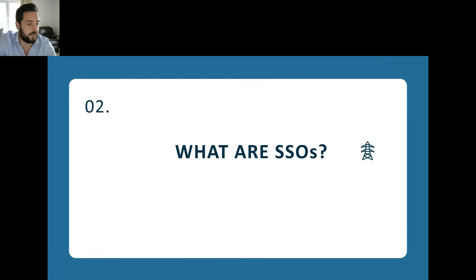So what are subsynchronous oscillations? I think that before I explain what this phenomenon actually is, it's important to step back and think about the environment in which they occur, which is essentially a power system. Power systems are incredibly complex. They aren't just made of individual components, but of many interconnected elements that all interact dynamically.